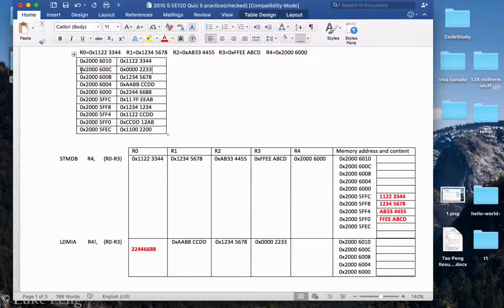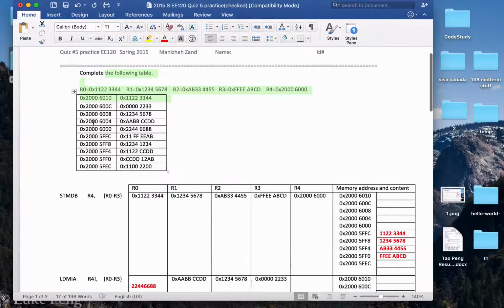Once I finish reading this one, I have to increase again, because I increase my pointer after I read. So after I read this one, I have to increase my pointer to here. So my final pointer points to